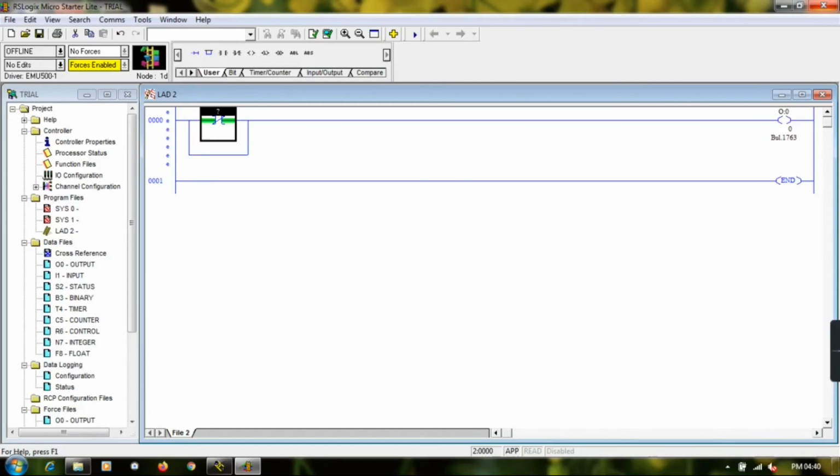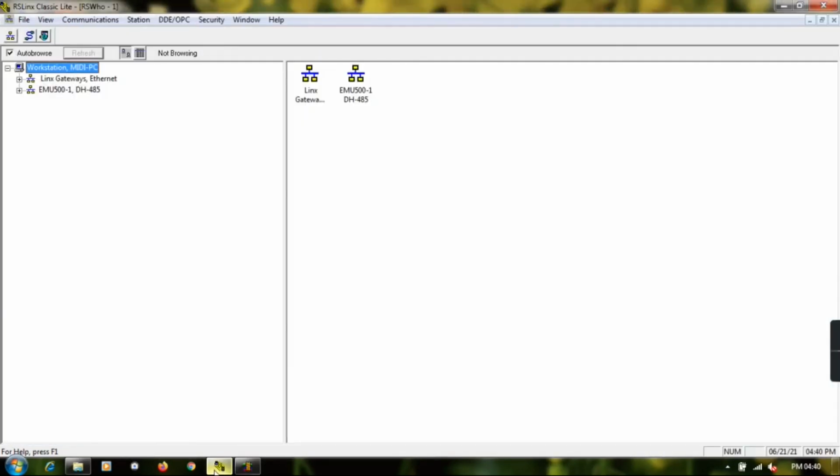First you have to go to the RSLinx software. Then you have to set up the communication depending upon the PLC that you are using, or if you are using an emulator only for simulation, then you have to select that driver as emulator. Then please don't close that window. Once you close this window, your communication will get interrupted and you cannot proceed further. So please minimize the RSLinx software window.